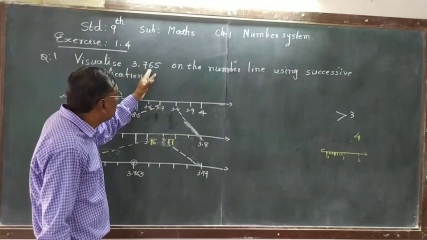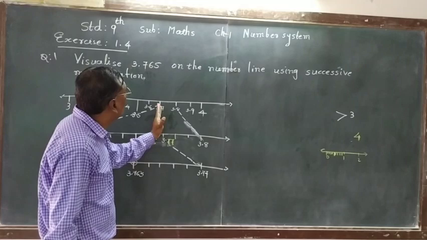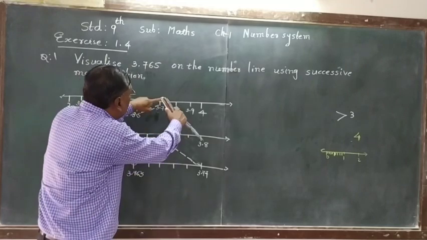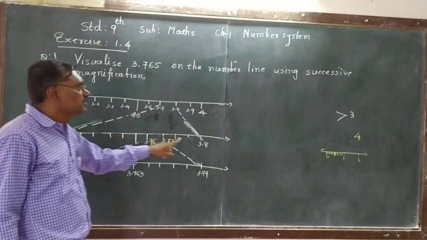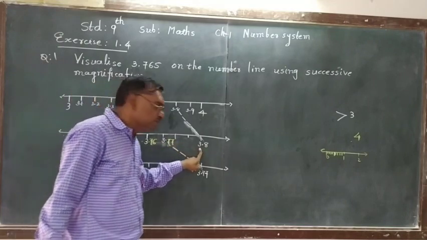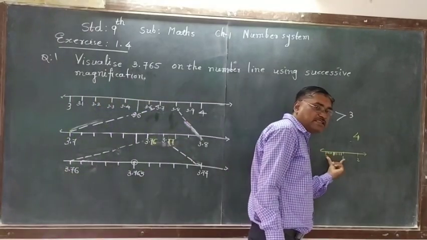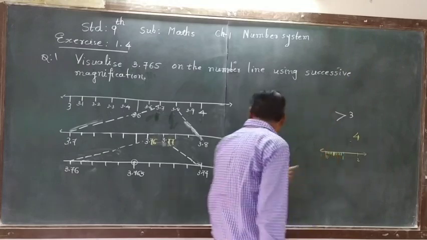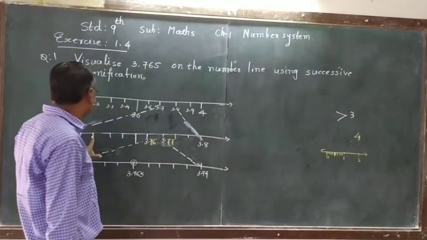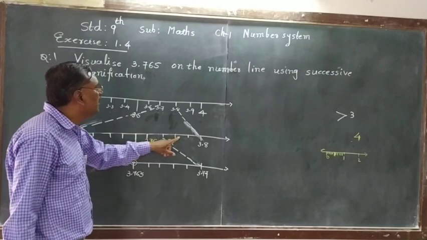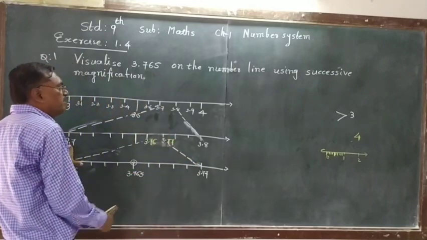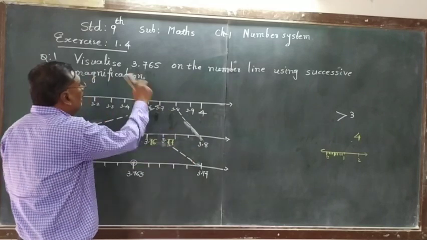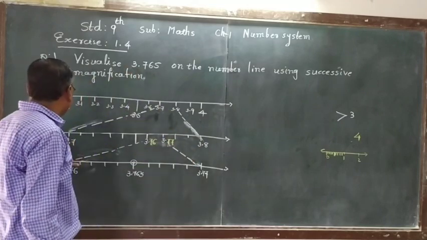When you obtain 6, it is between 3.7 and the next number 3.8. So here is 3.7, 3.8. Now we know that between any two successive numbers there are 10 small divisions. So we can see here 1, 2, 3, 4, 5, 6, 7, 8, 9 and 10. We already obtained 3.7, 3.8. Now we need 6. So 3.71,